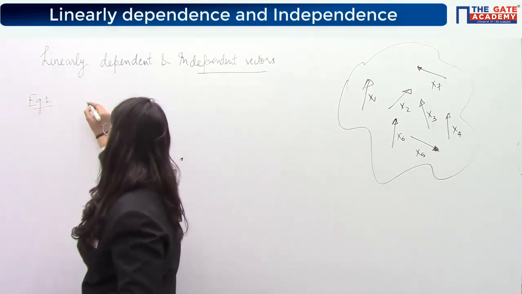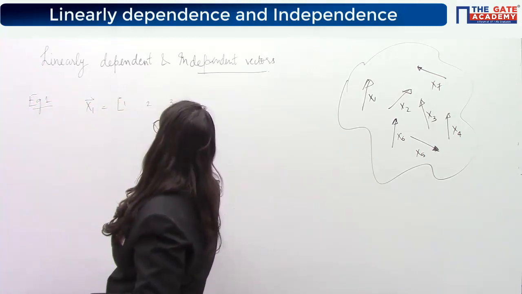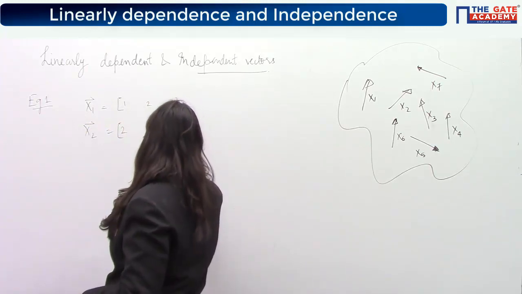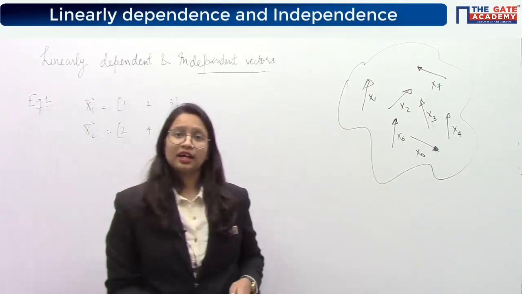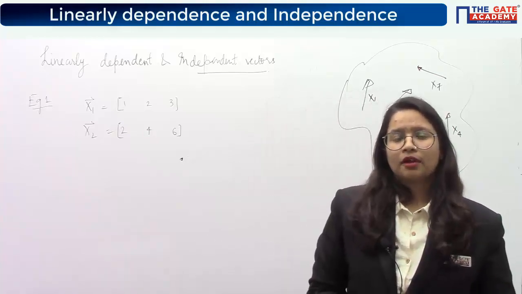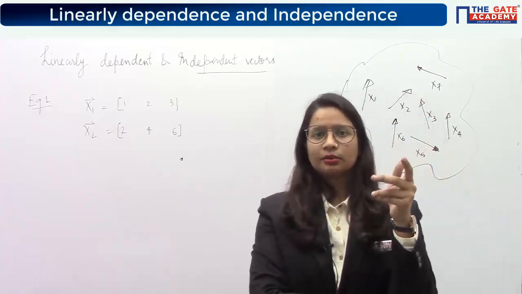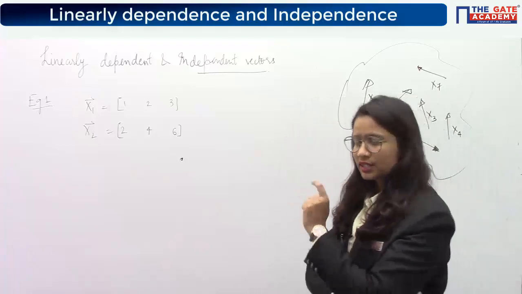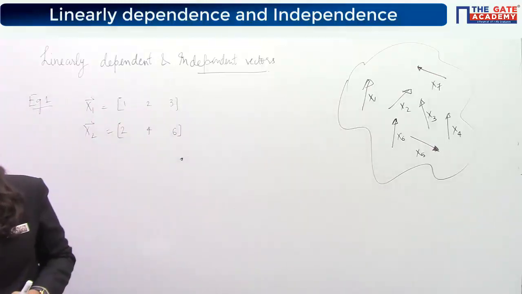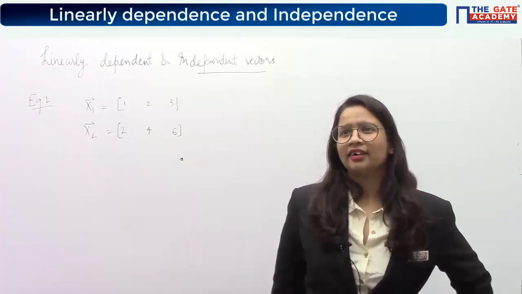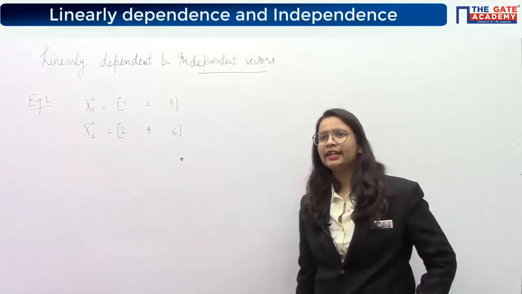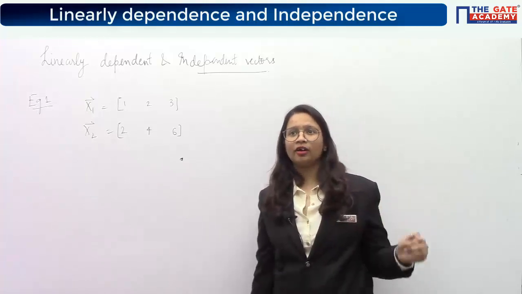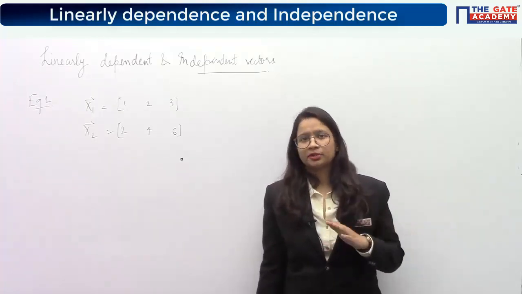Let's say you have two vectors. X1 vector is 1, 2 and 3, and there is another vector which is 2, 4 and 6. These are the two vectors which have been given to you. Now if I ask you, is there any relationship between these two vectors, and what is the relationship exactly? Okay, so you have answered proportional, parallel, linearly dependent, unidirectional. A lot of terms, a lot of varied answers. Almost all of them are absolutely correct.